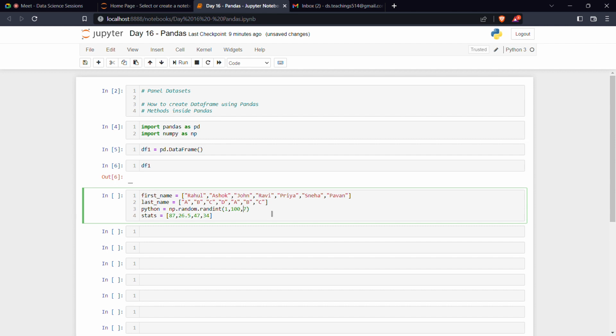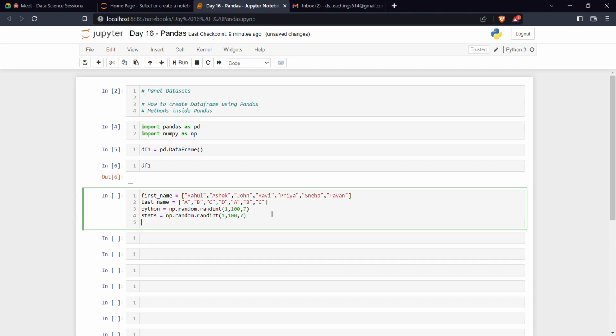So this one, np.random.randint, so let's create 1 to 100, comma 7. Okay, stats, Python, ML. Same thing, I'll copy paste